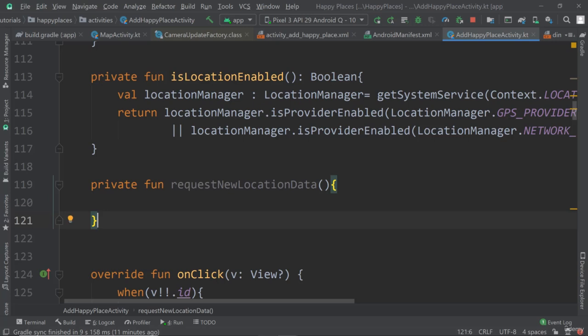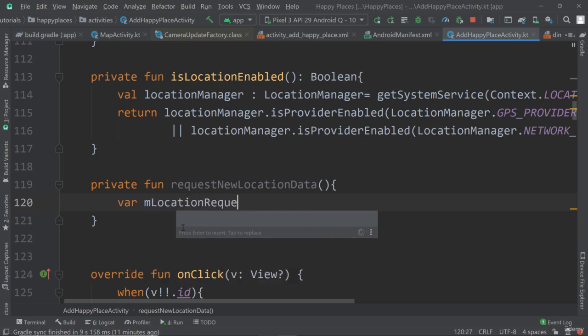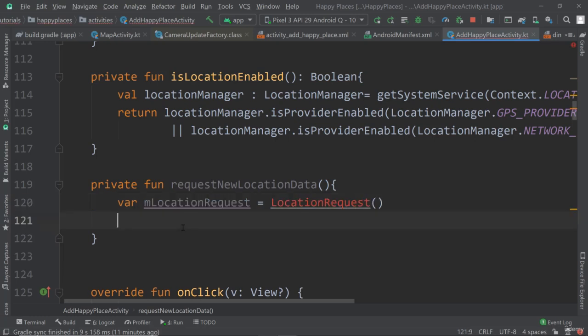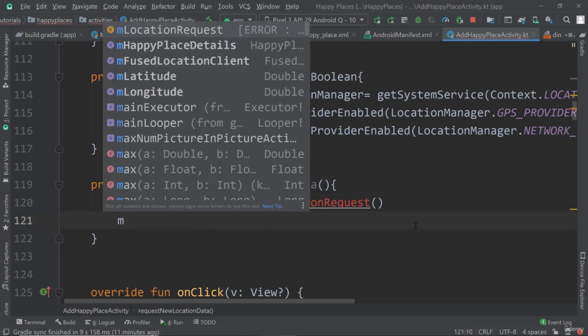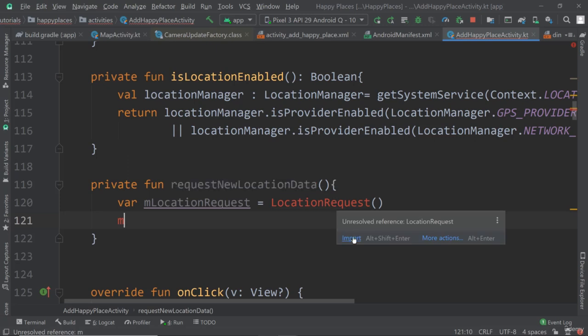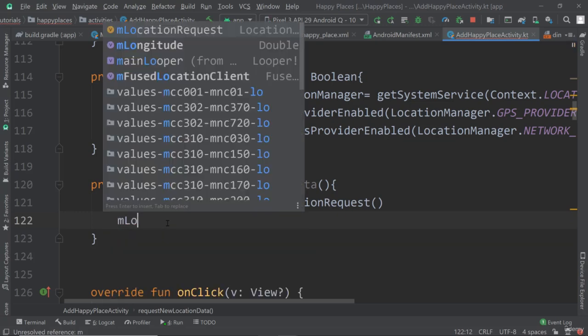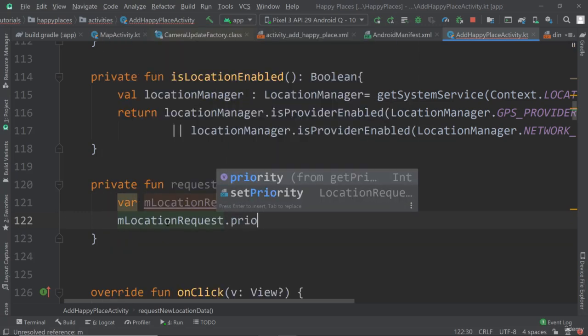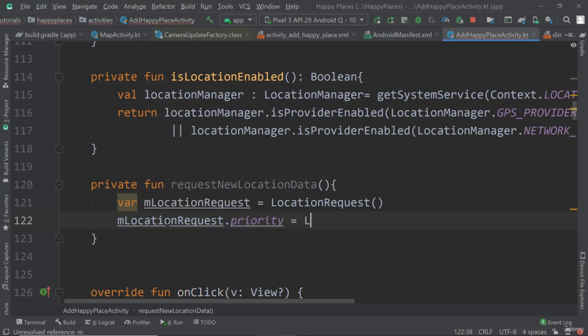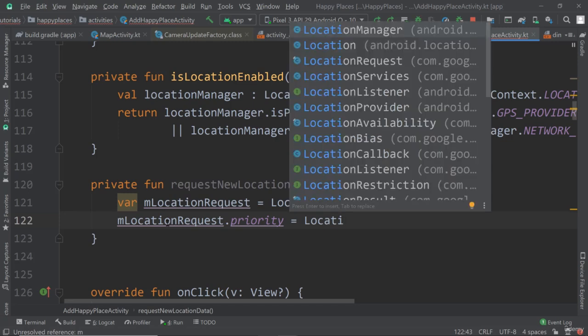Well, what I want to do in here is create a new location request. So let's create a var location request, which will be of type location request. So we're creating this object here, location request, and then we can assign certain values to it. We need to import that, and now we can define the different parameters of the location request. All right, so location request dot priority, for example. Now I can set the priority to location request